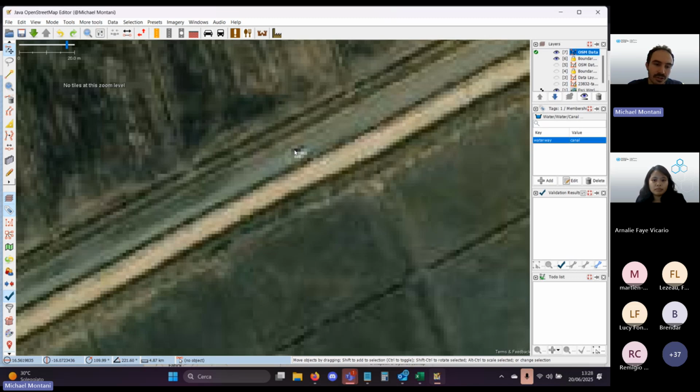So you see the water here, like this. Waterway canal. So I would still map those features, and then I can submit the changes, especially for this layer.